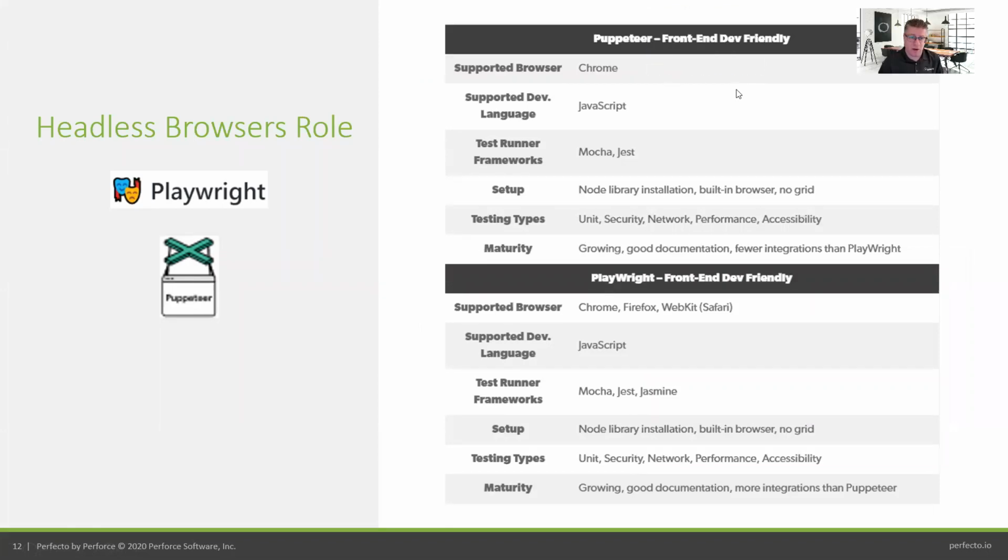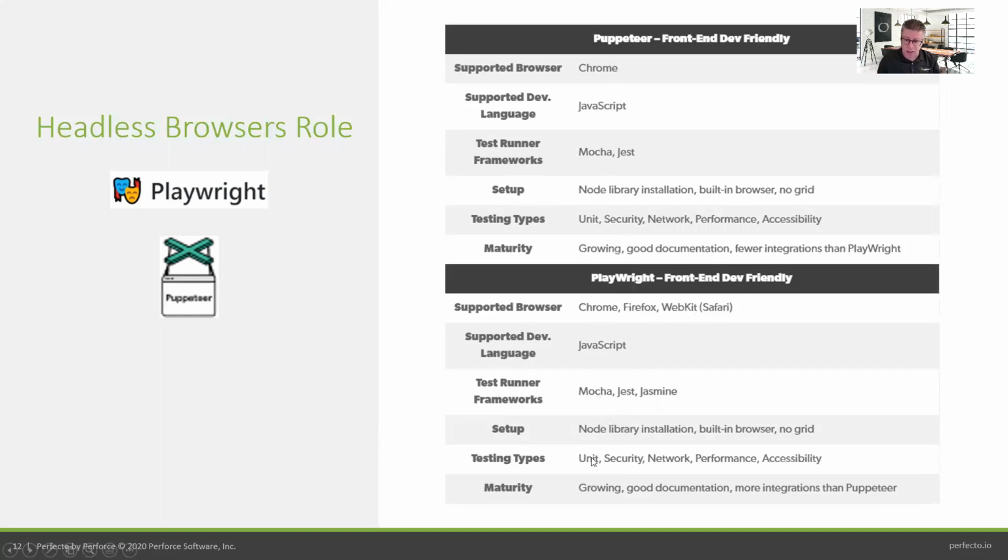These frameworks are very friendly front-end solutions to run either with UI, but most likely the benefit of these frameworks is to run in a headless mode, where you get a JavaScript environment that you can test across. If you're just using Puppeteer, it's just Chrome, but the people from the Puppeteer project have moved to Microsoft and recently developed Playwright. Playwright is the leading headless browser solution supporting Chrome, Firefox, and WebKit Safari. Still JavaScript with more test runner frameworks. Some of them I mentioned in the previous slide. With these frameworks, you can actually